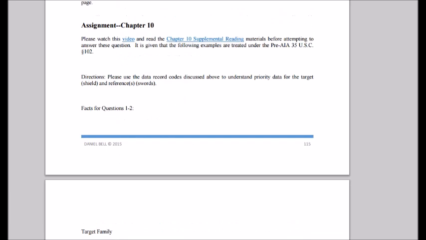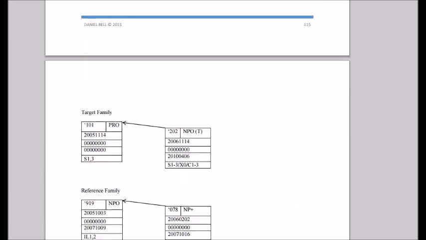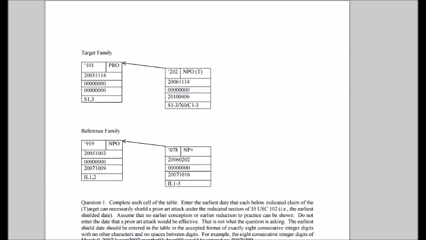And so here's an example assignment of that. You have the target of study. It has a family. This T means that this is the target. It has an earlier filed provisional in the family. And this question is asking, is this reference family, which has invalidating language for claims 1 and 2 of the target, and here invalidating language for claims 1 through 3 of the target. Here's the target family. Are these dates